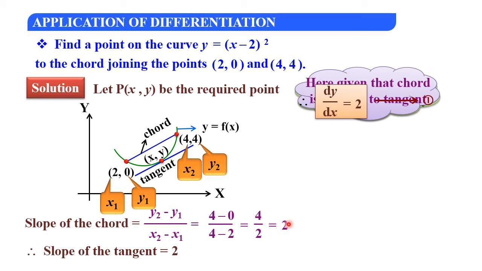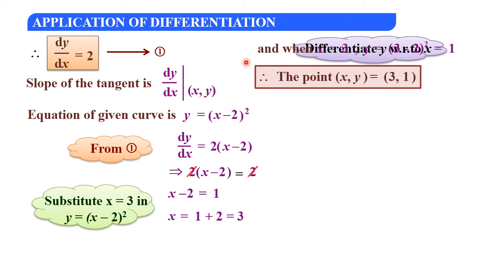Now dy by dx equal to 2 you put over here. After finding the derivative of this curve, what answer you got here? 2x minus 2 here. So after substituting these values here, 2 into x minus 2 is equal to dy by dx, in the sense it is 2. We have got the slope of the chord. Okay, 2 and 2 both are gone. x minus 2 equal to 1, x equal to 3. So x equal to 3, after substituting it into the original curve, here you will be getting the value of y, that is 1. So these are the points of the given curve.